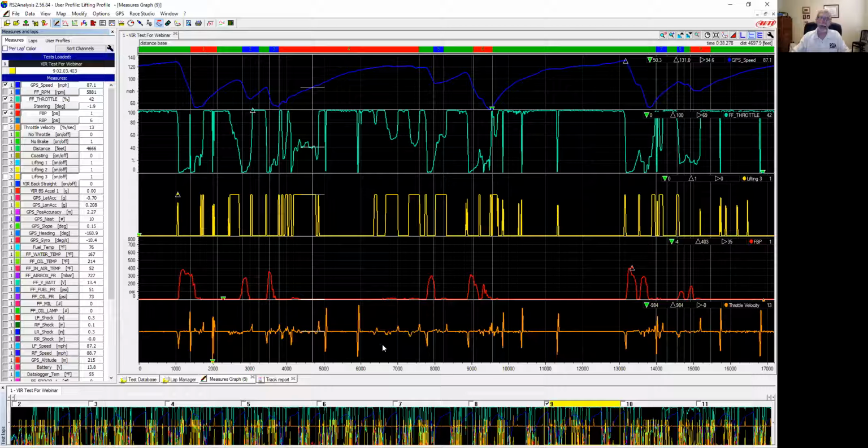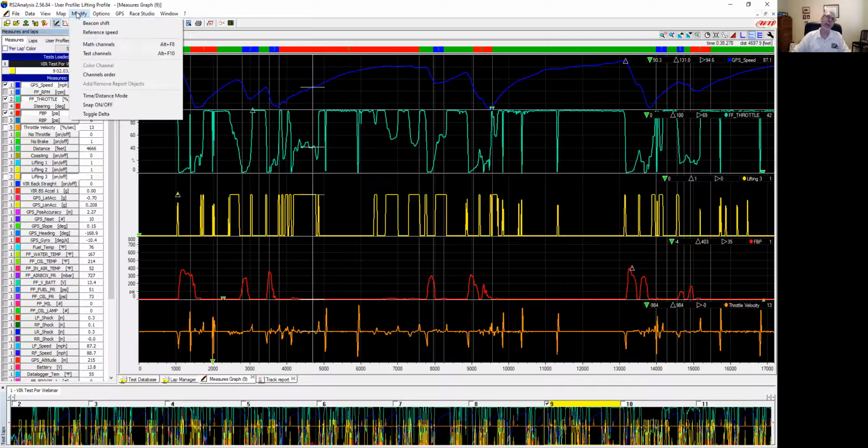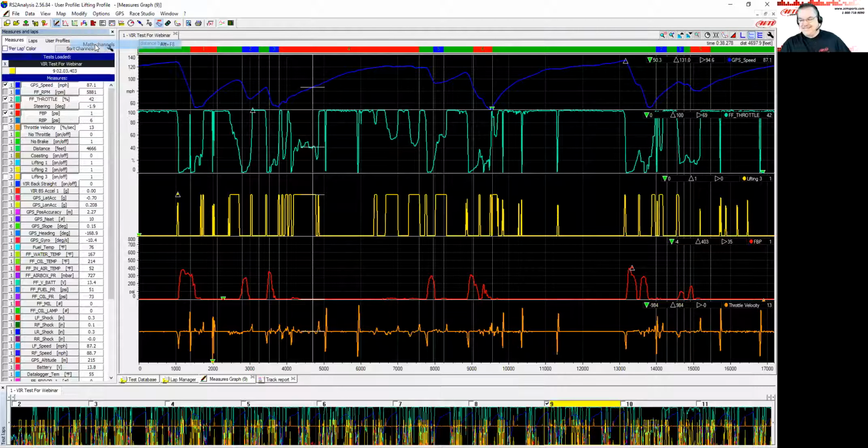So why don't we add this into the equation? Let's say I just want to capture where he's lifting off the throttle, but I want to keep all these other parameters in place. So I'm going to do something very daring, and I'm going to try to create a math channel